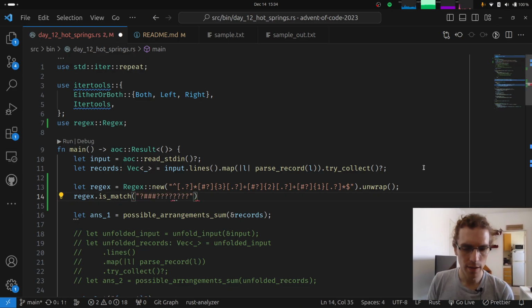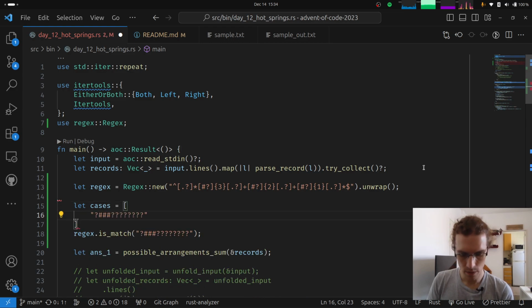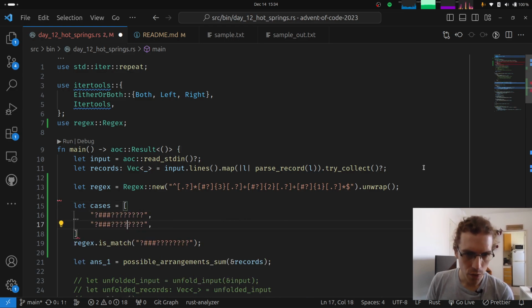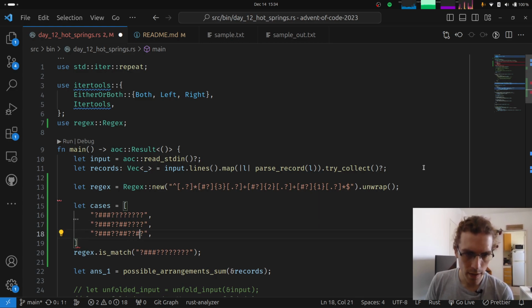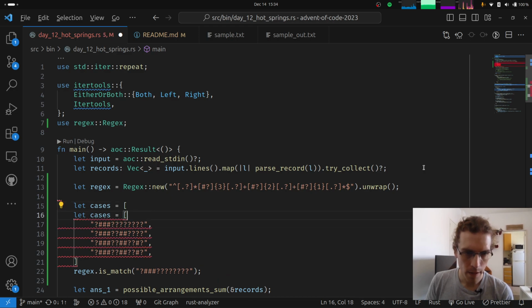I would expect this to match, right? So let's actually have something like, let cases be, I want to try this. I want to try like, let's have 2, let's have 2 and 1. All of this should match, but let's also have